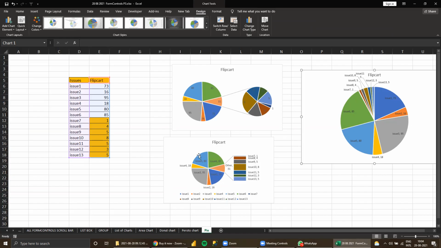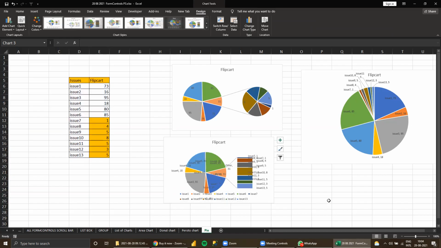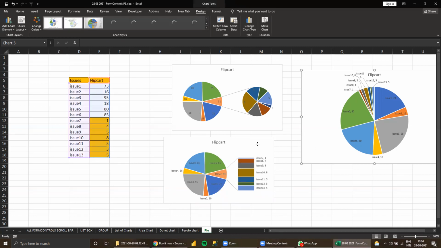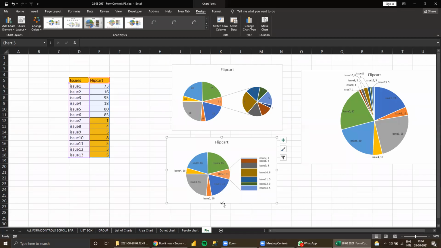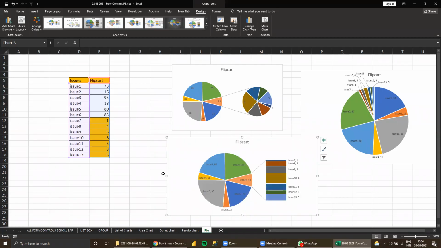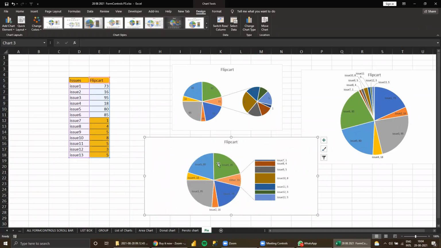Category name also along with the number. So it is up to you, whatever format you want. That format is a cosmetic thing, or you design however you want. Okay, so this is one thing I wanted to give: pie of pie, pie of bar.